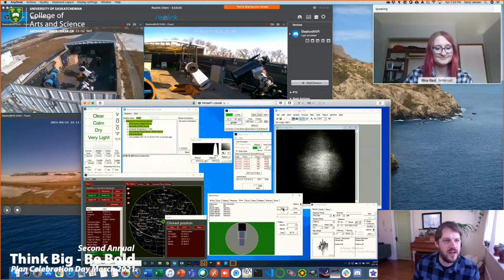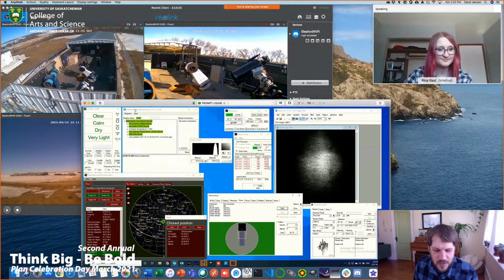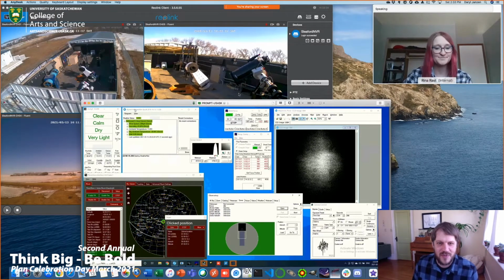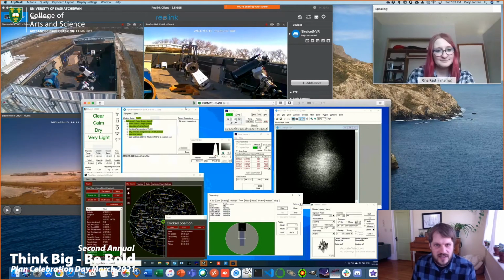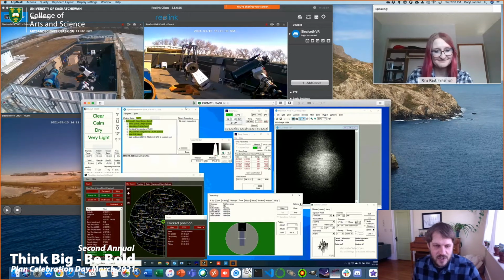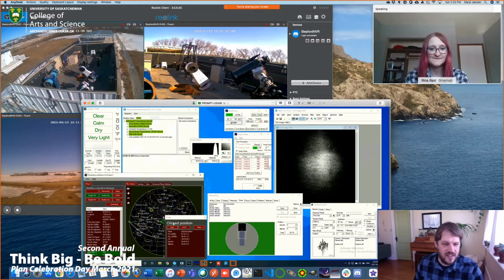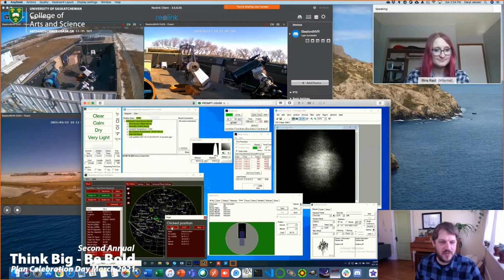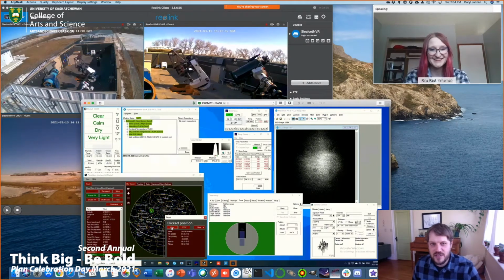All right, so the roof is getting close to open here. We can see the telescope has shown up. This window right here is actually AnyDesk, which I'm using to connect to the computer out there that runs the roof, the telescope, the camera, and all of the equipment. The computer is located in this cabinet right there. Using the computer, I can click anywhere on this star chart and tell the telescope where I want it to go. The telescope has a pointing accuracy of about